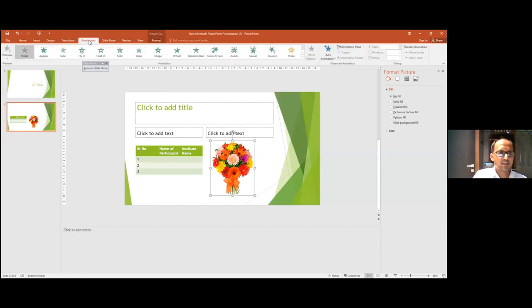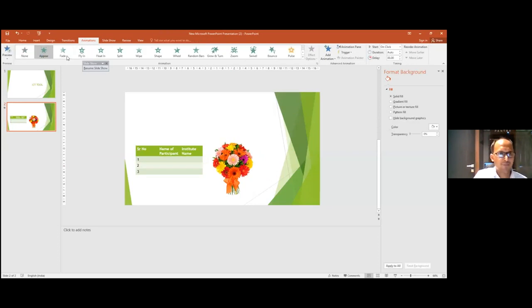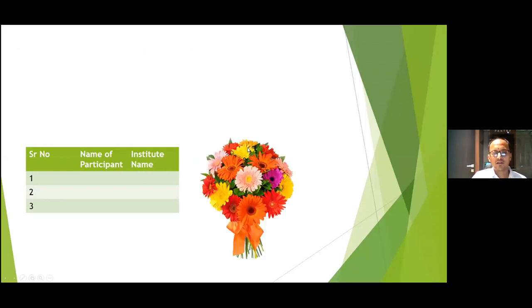In the Animation tab over here, you will have different options like this: Appear or Fade. Whenever you are presenting this image, it will appear in that format. For example, like this. So this is what the slide is, and whenever I click, this will come in as a faded image. So this is how you can use different animations.